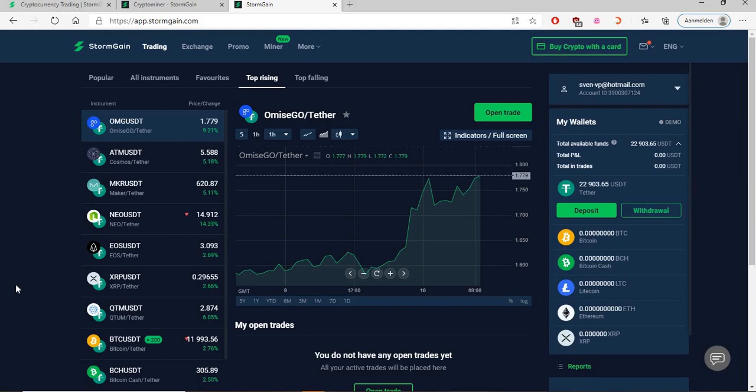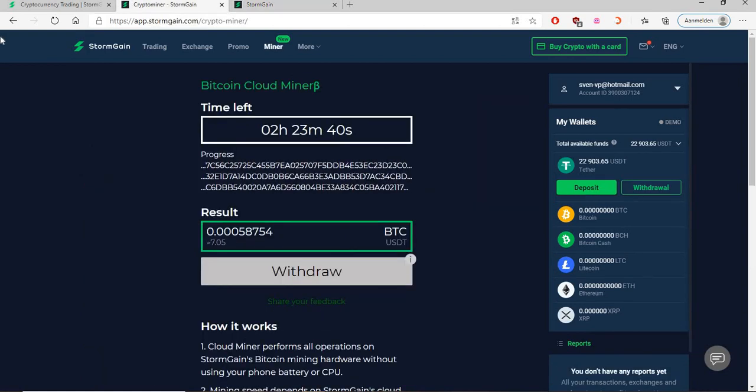Today I'm going to make a video about the leverage trading possibilities you can see on the StormGain site. I have already opened the StormGain site and my account. I am making this video in addition to the StormGain crypto miner that I did a video on before. When this number reaches 10 US dollar Tether, I can use that to go trading with the leverage options